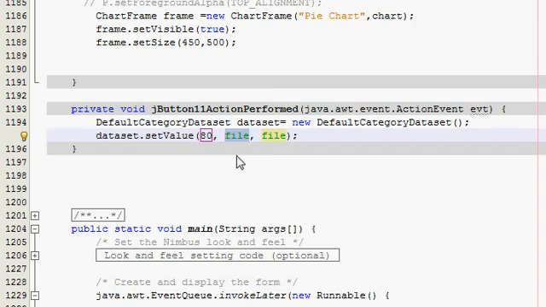In the second field you have to write whatever you have to take in your y-axis. So I want to take marks on y-axis, and in the third field you have to write whatever you want to take on your x-axis. So I want to take student name on x-axis. So for example 80 marks is scored by student 1,